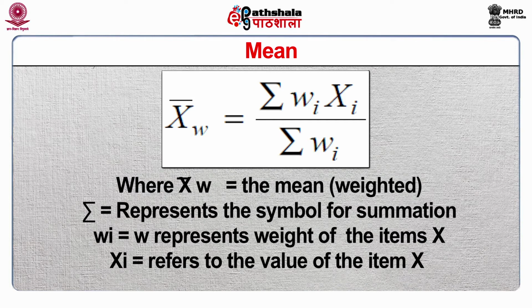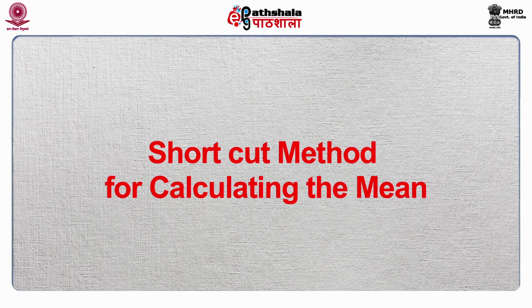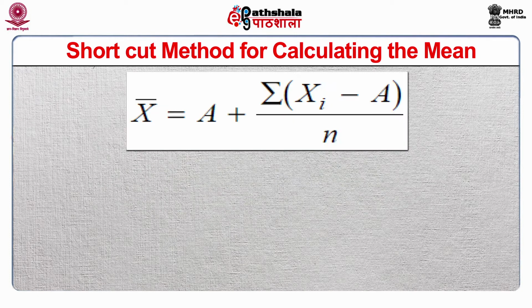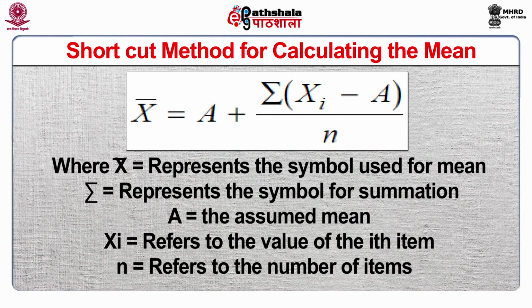Now there is also a shortcut method for calculating the mean. If we use assumed mean average A under the shortcut method, then the mean value can be computed as per the formula shown here. Here it is calculated as